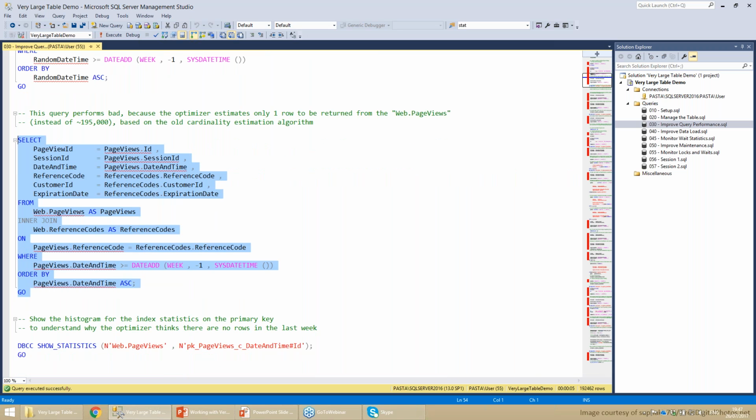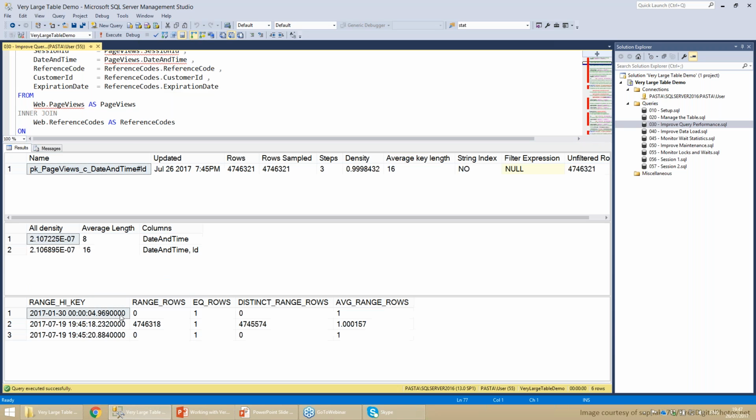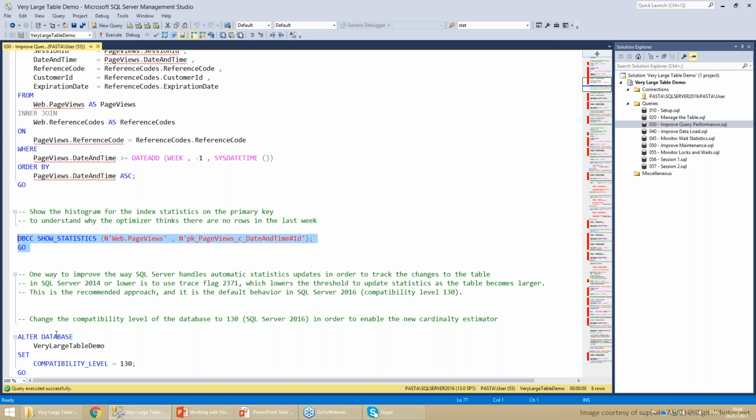Now, the reason this happens is because the last time we updated statistics was 1 week ago. So according to the histogram, the last date in the table is July 19th. As far as the optimizer is concerned, in the last week there are no rows. This is why it estimates only a single row, while in reality we had a lot of rows in there, but statistics was just not updated yet. This is the problem called the ascending key problem. It's very common in most databases where we have such large tables with an ascending date and time column. We will have the same phenomenon.